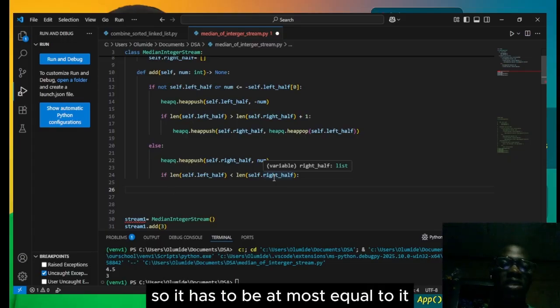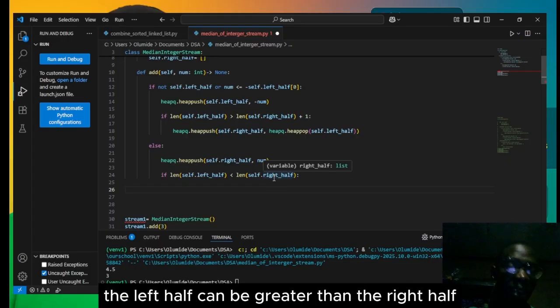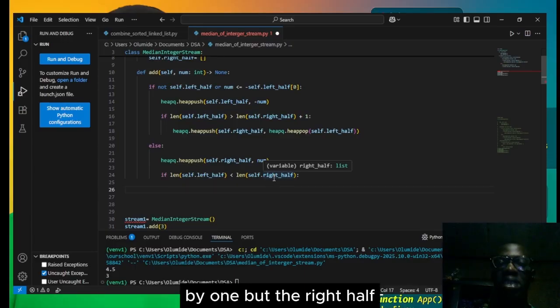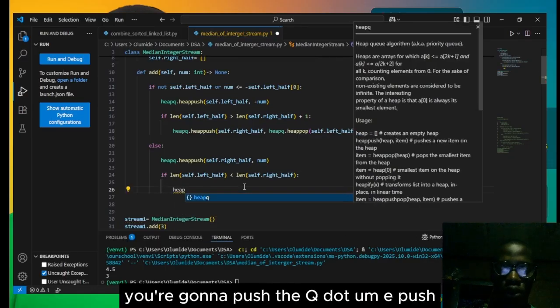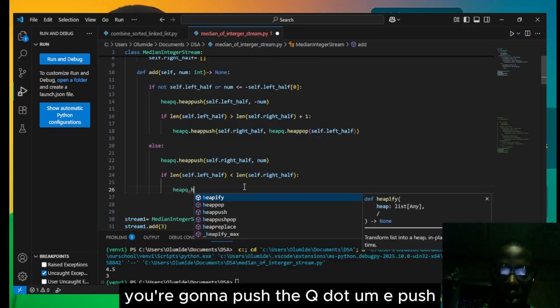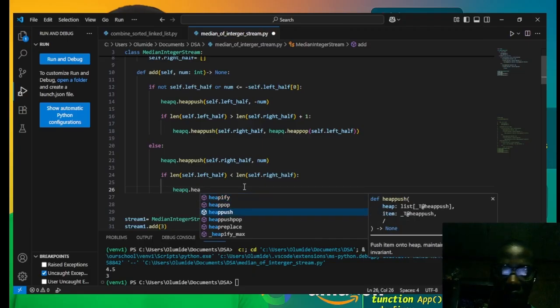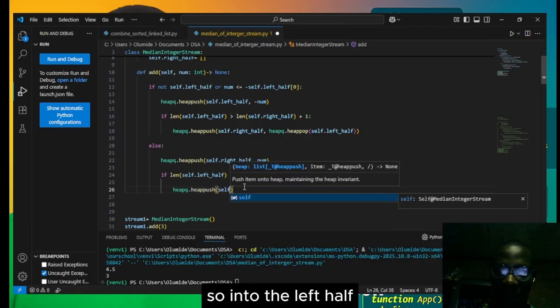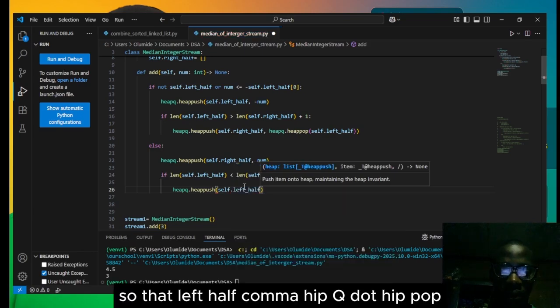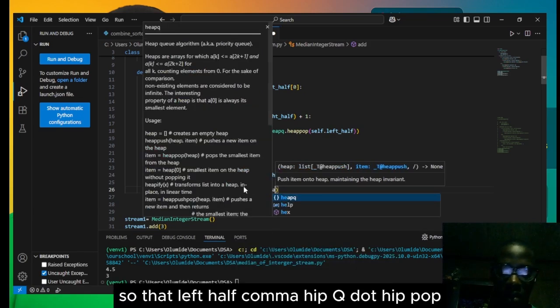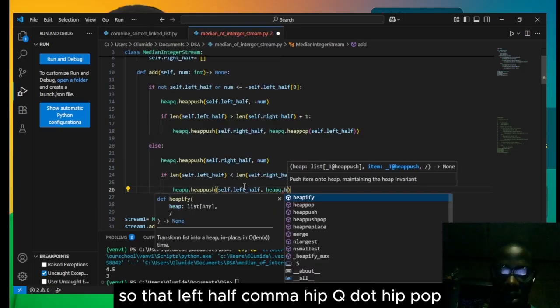So it has to be at most equal to it. The left half can be greater than the right half by 1, but the right half must not be greater than the left half. So because of that, we are going to do a heapq.heappush into the left half, from the right half to the left half: self.left_half, comma heapq.heappop